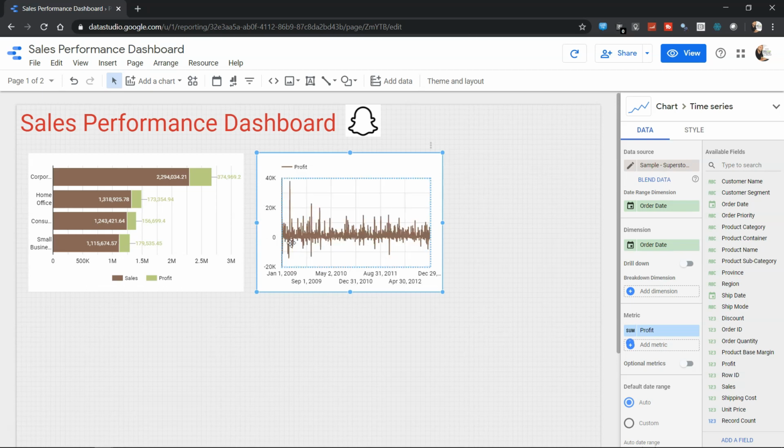Now you see, in the case of profit, it's a different scenario altogether, because profit can be negative in some cases as well, and that's where the interesting perspective comes in, to see where the negative trend is coming. That means the profit is going negative in situations like customers asking for returns and stuff like that. So this is about changing the metric, but there are a lot of things you can do with the help of custom